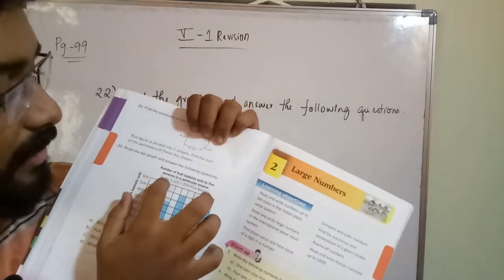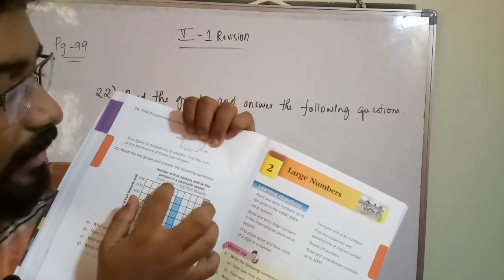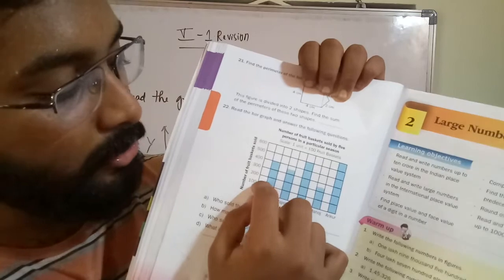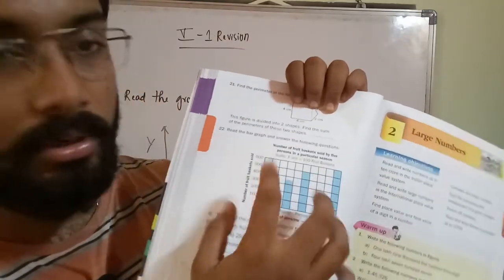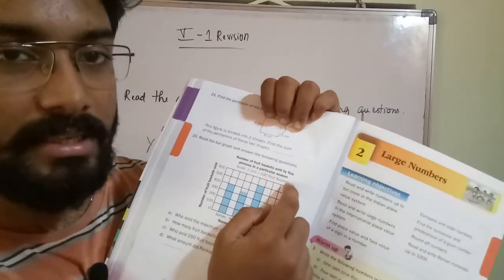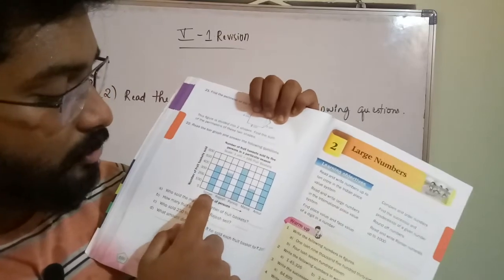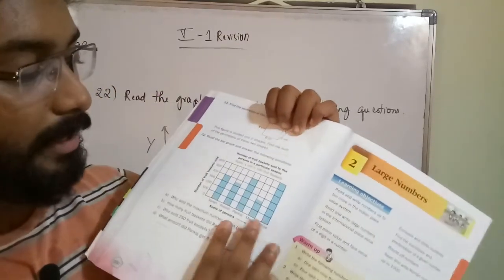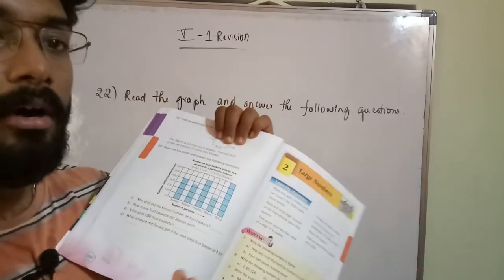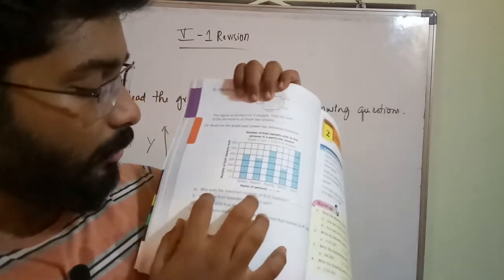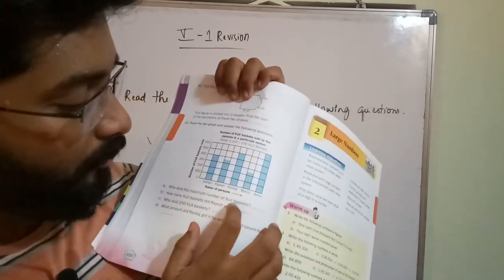So here he has given the scale: 1 unit equals 100 fruits. 1 unit means 1 square. Here see, from 0 to 100 it is 1 unit, from 100 to 200 it is 1 unit. So each unit value is how much? 100 fruit baskets. He has given some names: Sohan, Rajesh, Pankaj, Manoj, Ankur. Like that, and we have to see which person has sold how many baskets of fruits. So who sold the maximum number of fruit baskets?